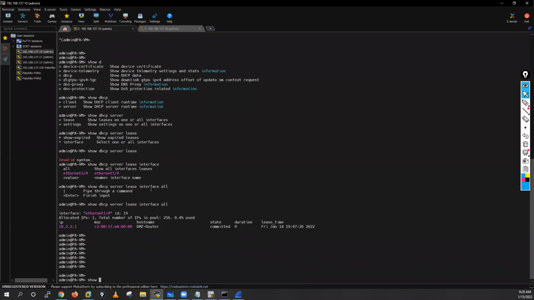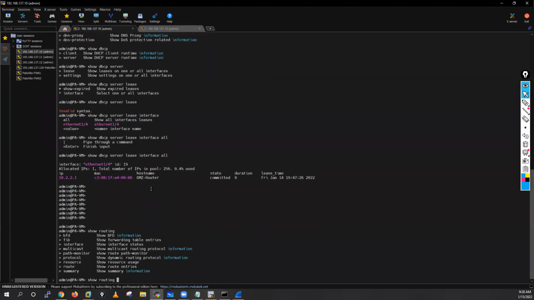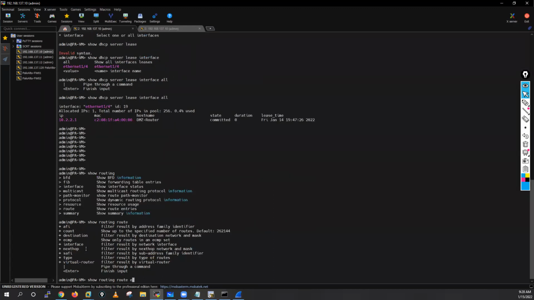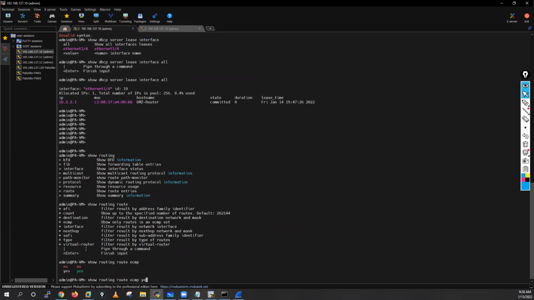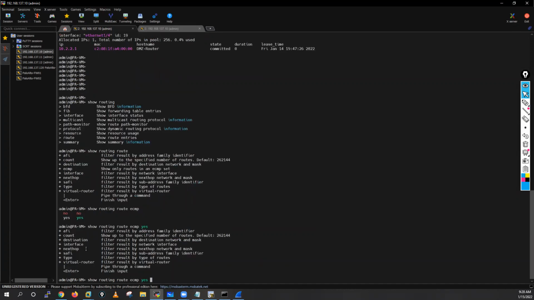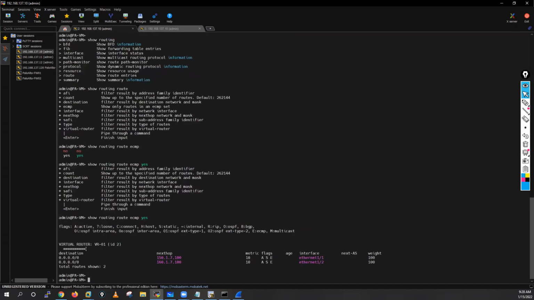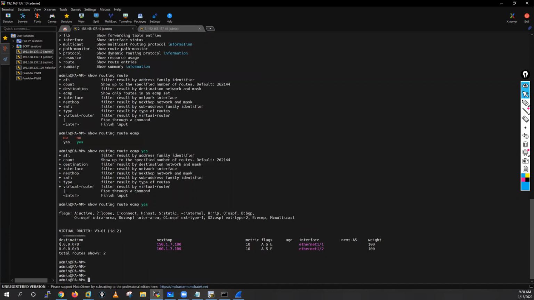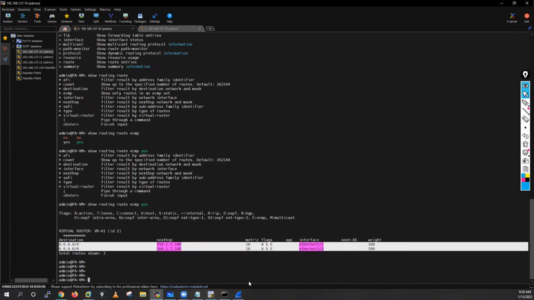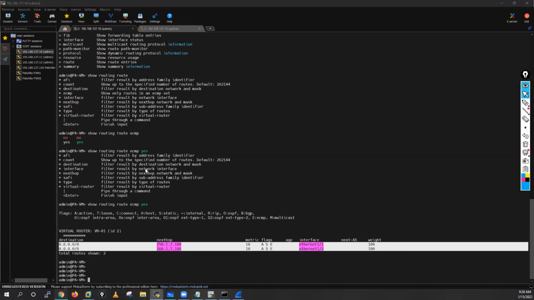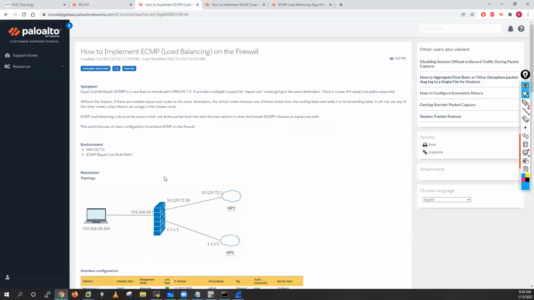ECMP, so routing, press the question mark, path monitoring, route, ECMP, yes, run the command. So this is the ECMP right now. This is the route which we have configured with the ECMP, right? There are a few other commands. If you go into this one,